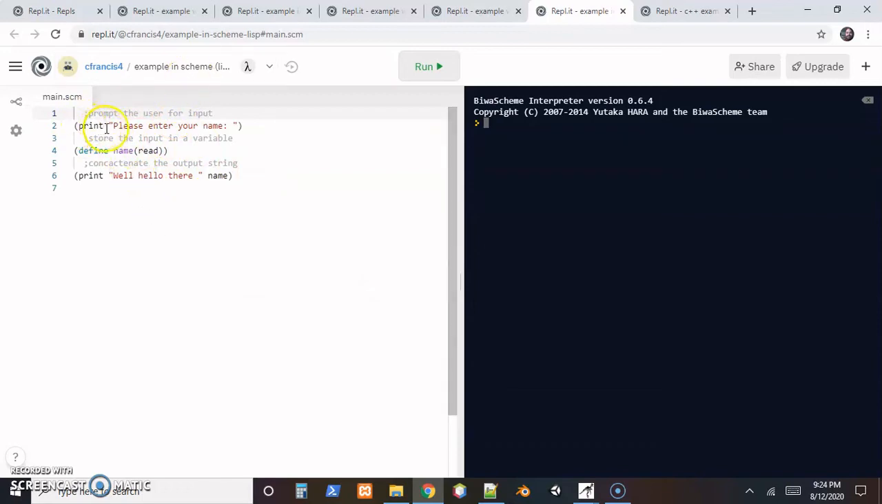We can see the logic's still the same. We're going to print this prompt for the user to let them know we want their name. Then we're going to read whatever they type in and stick that in this variable that we defined. And then we're going to print out the message and concatenate those together and print out the message. So if I run that,